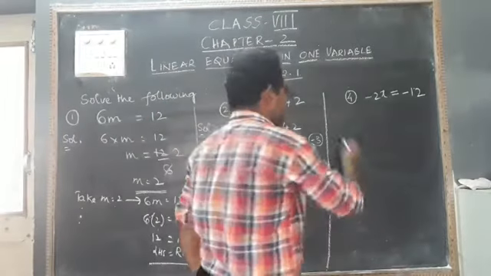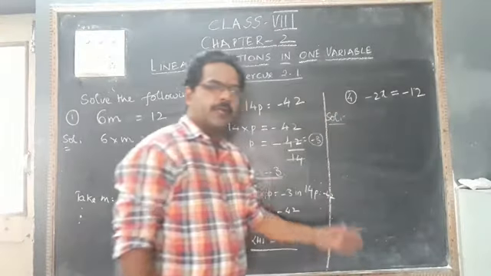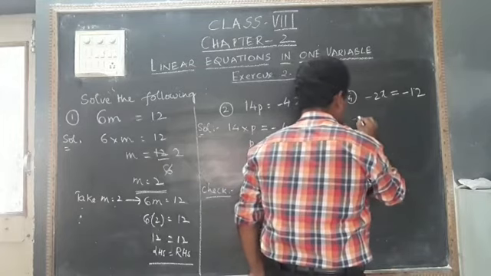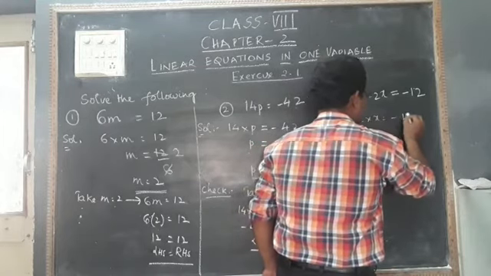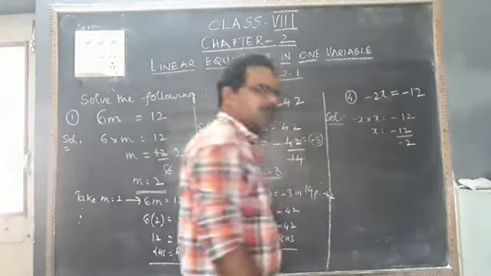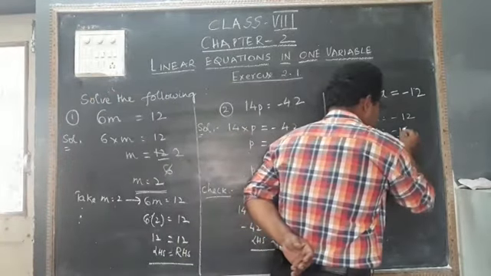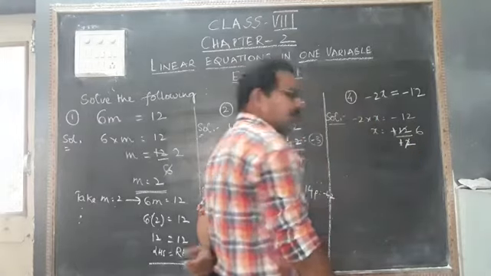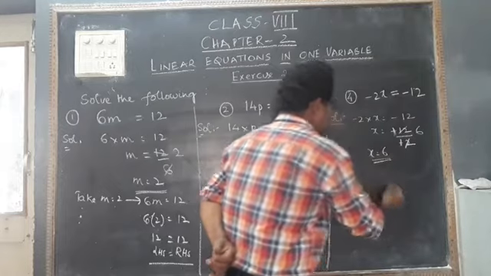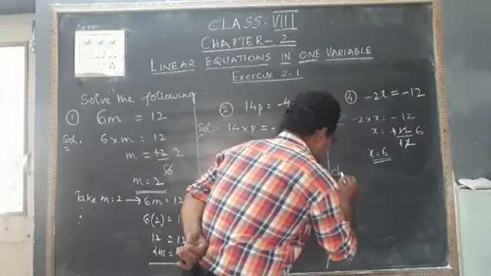Coming to the next sum, the fourth sum. The third sum you can do easily with the help of the 5 table, in the same model. Minus 2x is equal to minus 12. Minus 2 into x is equal to minus 12. Now x is equal to minus 12 divided by minus 2. Into will become divided by. So 2 ones are 2, 2 sixes are 12. Minus and minus will become cancelled. X is equal to 6. X is equal to 6 is the solution of the given linear equation, or given simple equation. Now we shall go for the check.